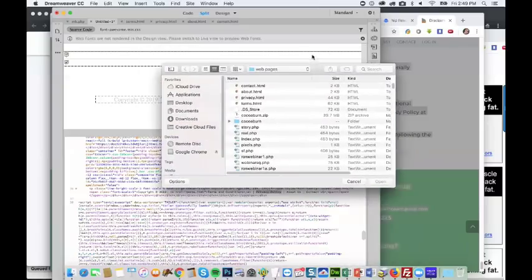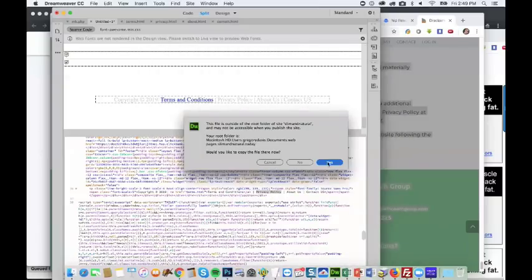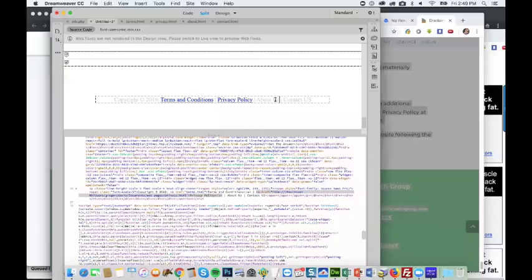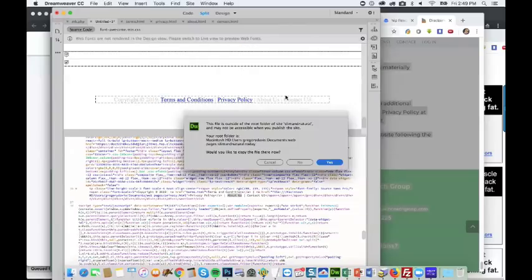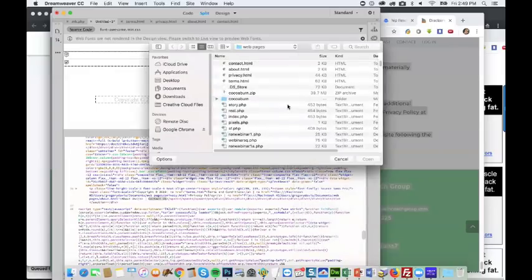All right, let's see, what's that again? Privacy. About us. And then contact us. All right, so let's clean these up. We got all the extra stuff from my computer. So all we need is privacy HTML. That's it.